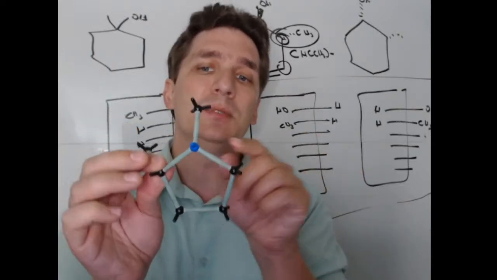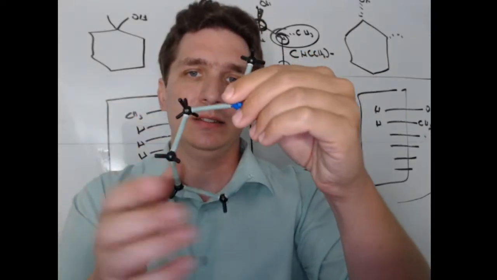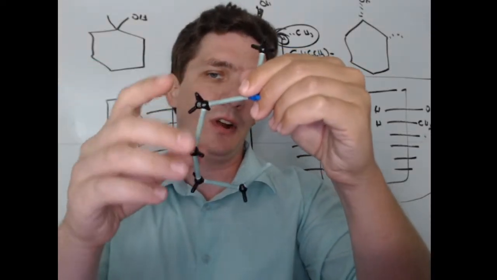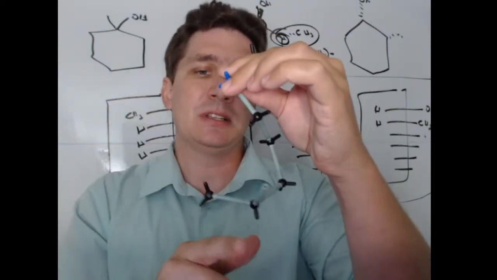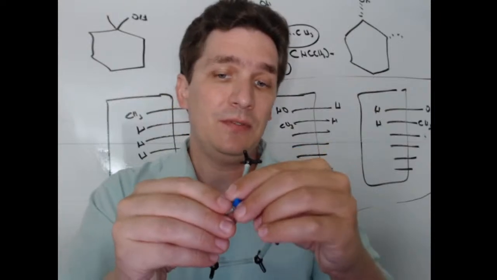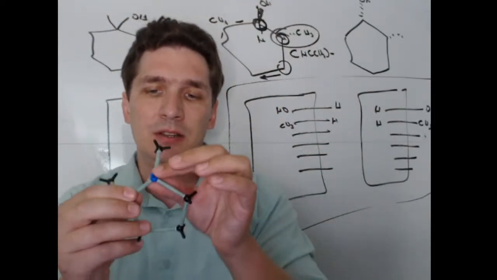You actually have 4 groups here. This one group, if I were to hang it off, looks like it's got a methyl group hanging off the first carbon. If I look at it the other way, this group looks like it's got a methyl group hanging off the last carbon. So they're definitely not the same groups. So to figure out if it's different on a ring,